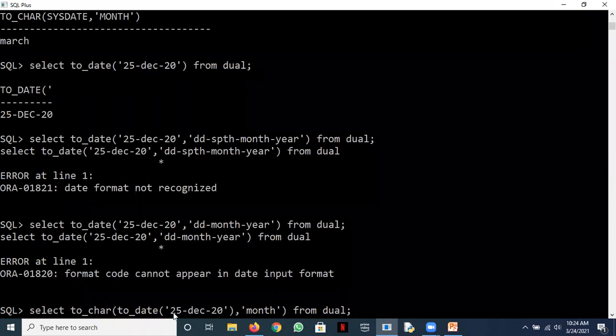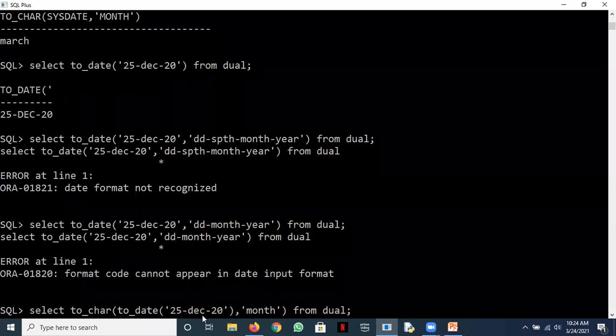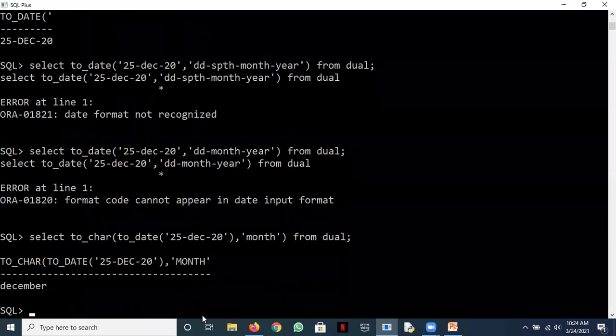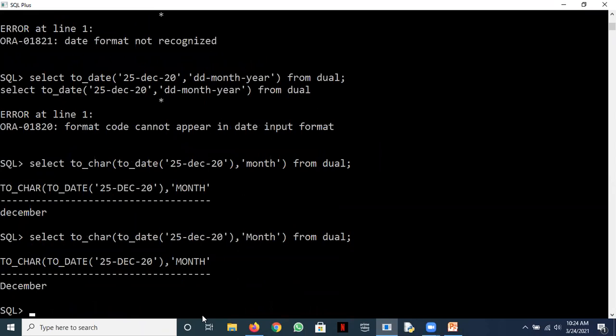But if I just write it like 25 December 20, it won't be picked up as a date. So to convert this character expression into a date, I'm using the TO_DATE function. Is it fine? Okay. So let's see the output. We get December as the output. And if I just make it MONTH, you know the output again is December. So I've sent you all the pics, you can try.